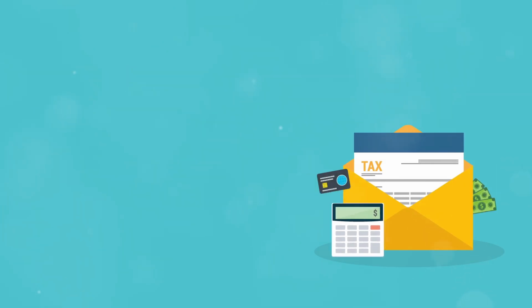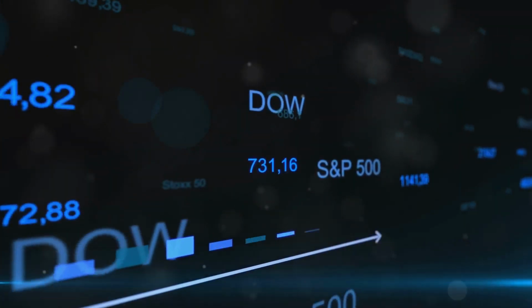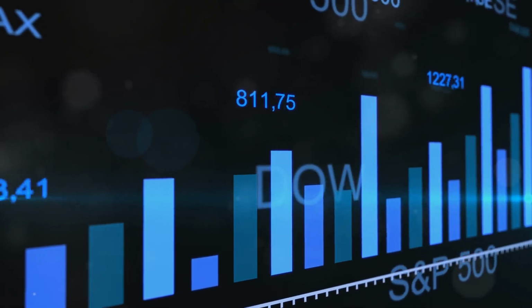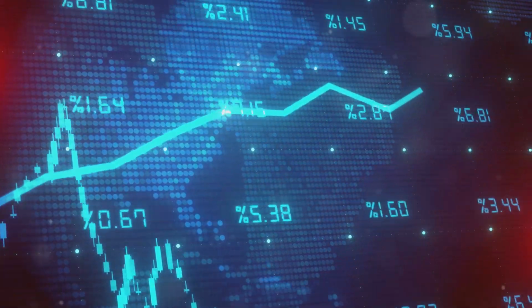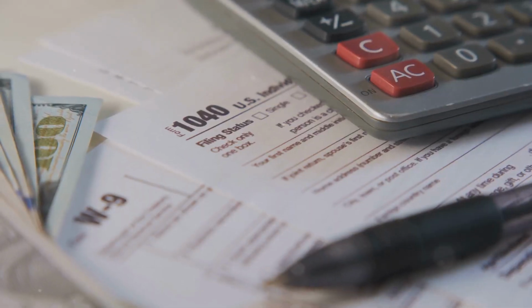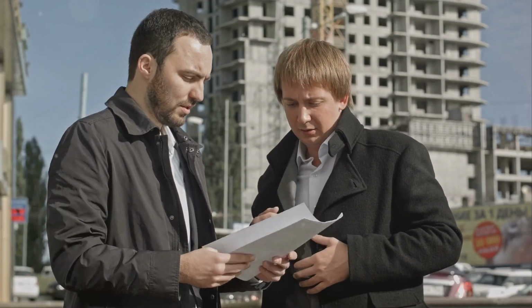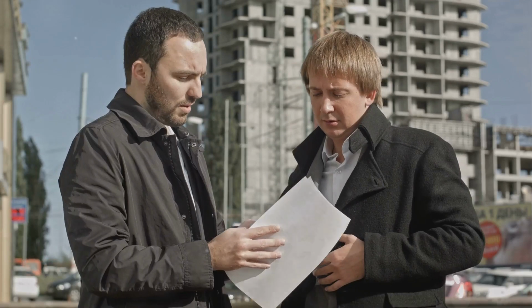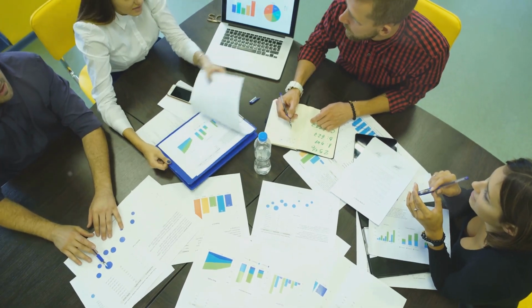There are three types of income to consider. 1. Ordinary income generated from active work or business activities such as salary payments and royalties. Tax rates range from 10% to 37%. 2. Portfolio income generated by capital, including interest, dividends, and capital gains. Interest, non-qualified dividends, and short-term capital gains are taxed as ordinary income, while qualified dividends and long-term capital gains have lower tax rates, up to 20%. 3. Passive income. Income from businesses or investments in which the taxpayer does not materially participate, such as limited partnerships, S-corporations, and real estate.